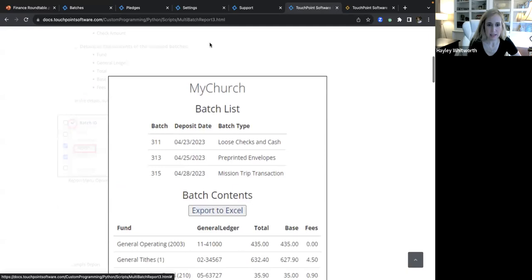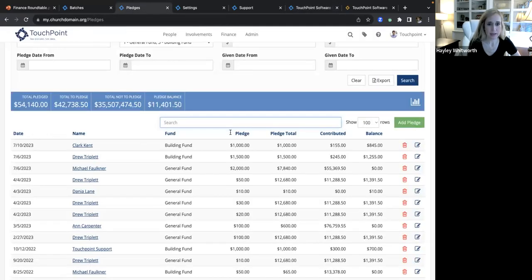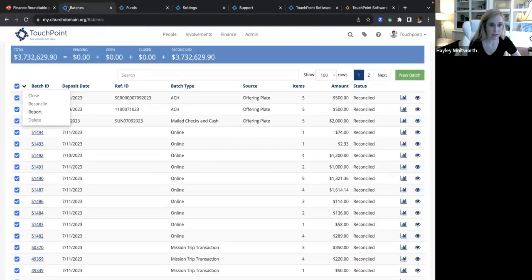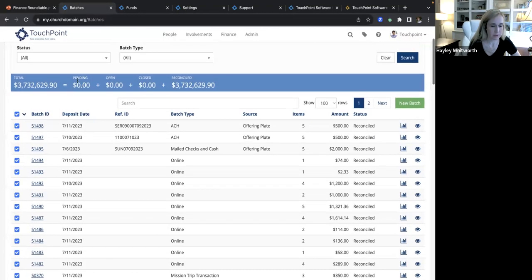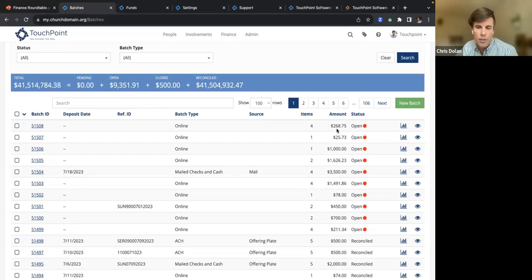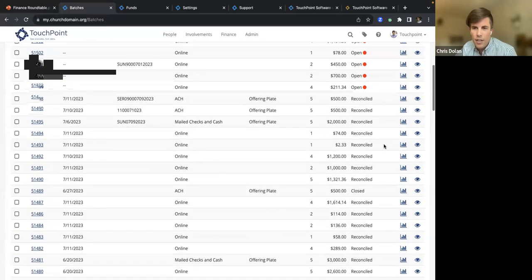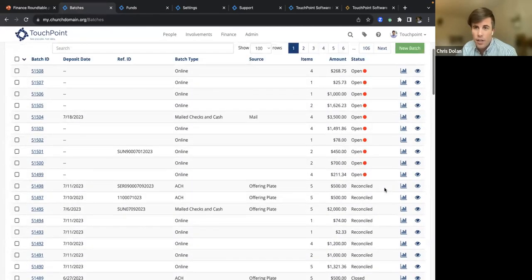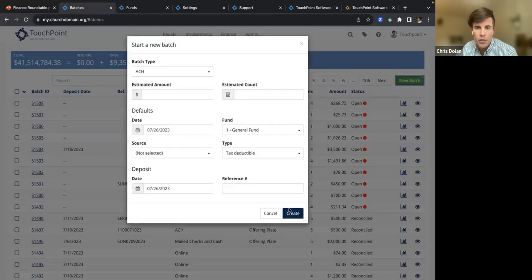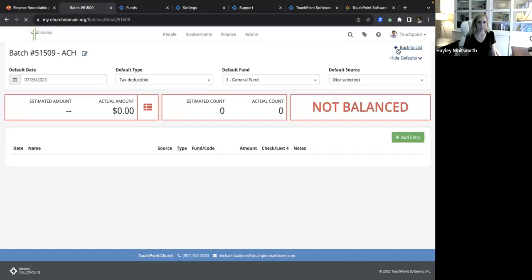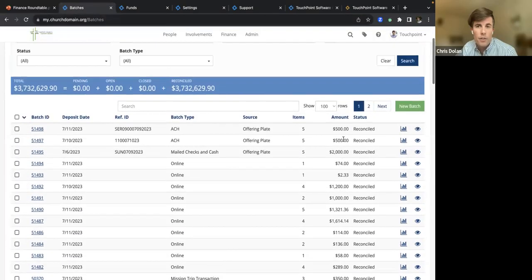Jeffrey was next. He asked, and I'm looking in the chat here, is there going to be the delete button? He said he only sees the delete button for newly made contributions, if we need to delete one from previous days or weeks. So Chris, can you touch on that? Is that for just batches that are still open that have the delete option? Great question. In this case, you're not seeing a trash can next to any of these unless I go in here and add a new batch. I think he's talking about the contributions themselves, not the batches. Gotcha.